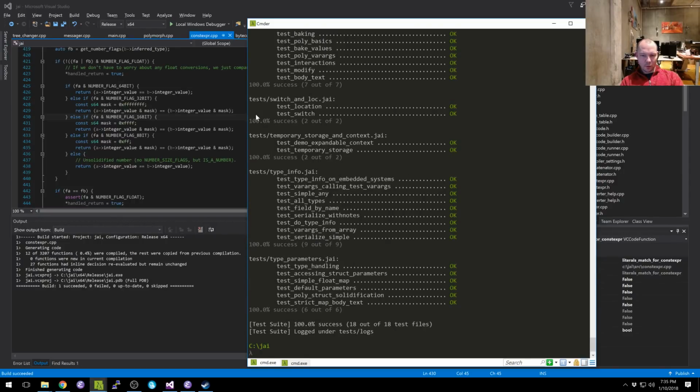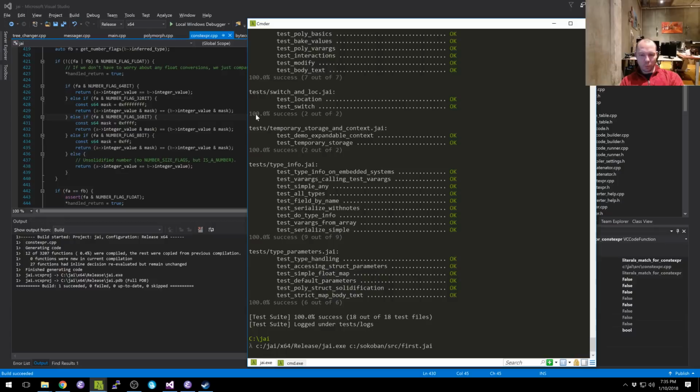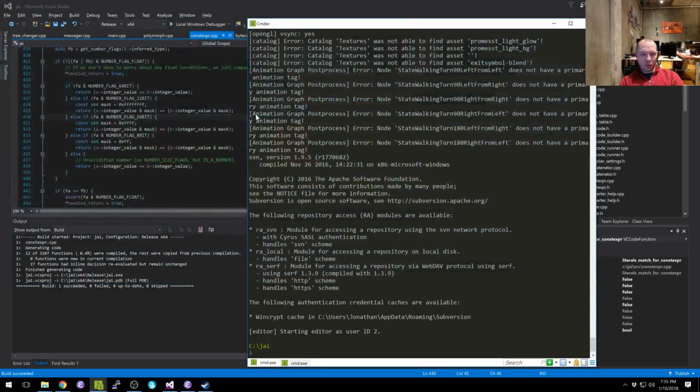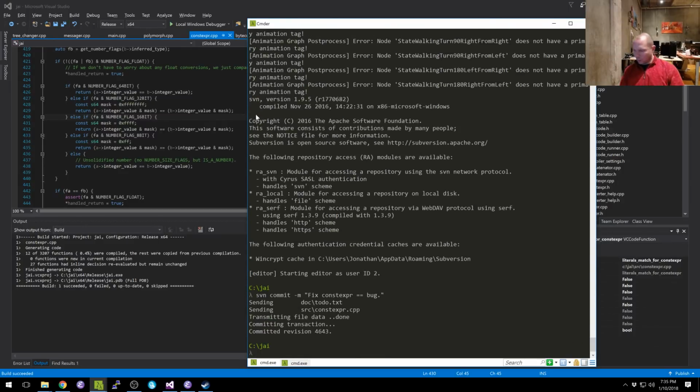All right. And let's build Sokoban. And wow, this SSD is getting slow. Well,